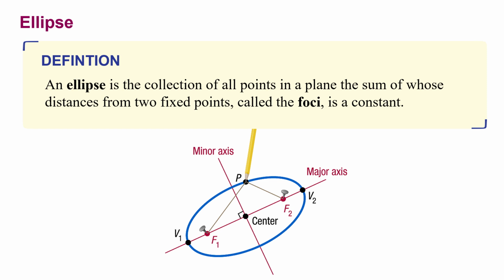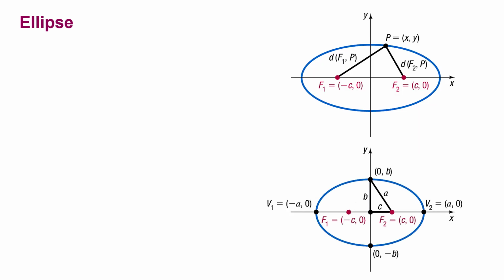So we'll take the point of a pencil and pull the string taut. Keeping the string taut, rotate the pencil around the two thumbtacks, and the path that is traced by the pencil represents an ellipse. Therefore, the distance to any point on the ellipse is constant and represents the sum of the distances to the foci. With these ideas in mind, we're ready to find the equation of an ellipse in